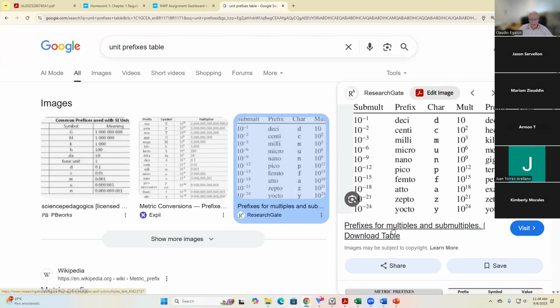The ones that, like I said, I'm going to repeat here, that I'm going to use the most are going to be the centi, the milli, and the kilo. Those you must have memorized. The rest, you can consult in the table. Eventually, when you use those a bunch of times, you end up memorizing them.